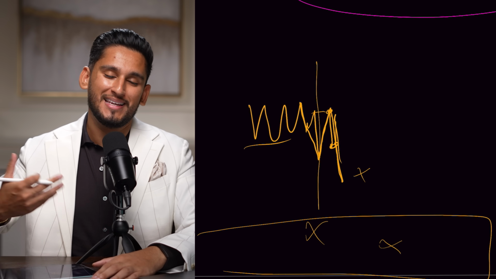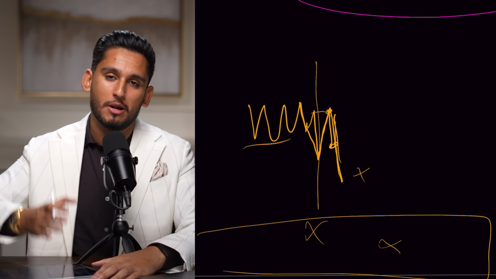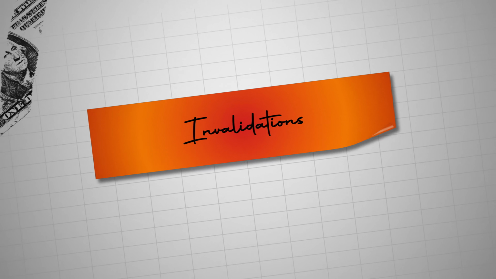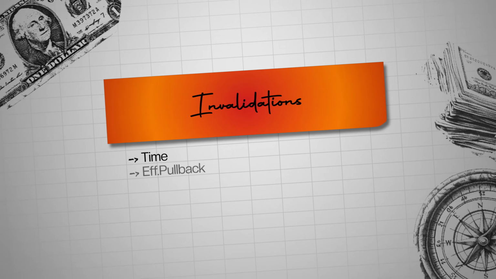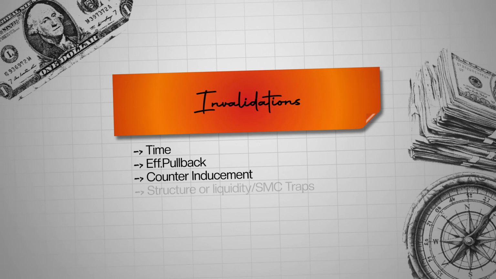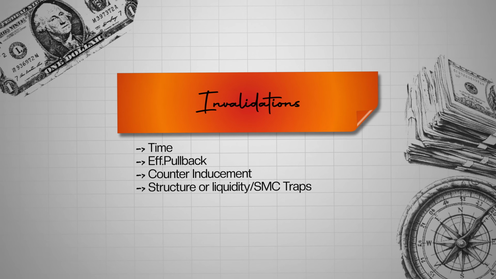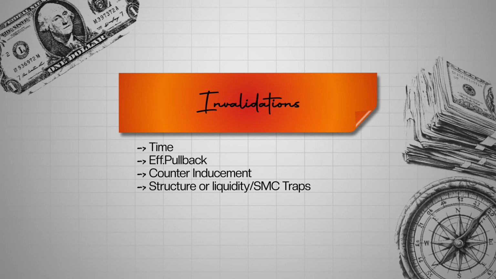this is going to be showcasing easy ways to offset smart money traps from inducements, which is why you use the invalidation criteria like time, like efficiency of the pullback, like counter inducements to show another narrative is in control, and coming together will help you differentiate between inducements and smart money sweeps.